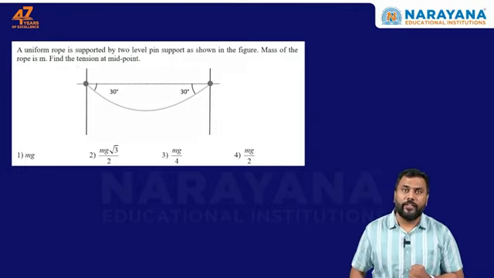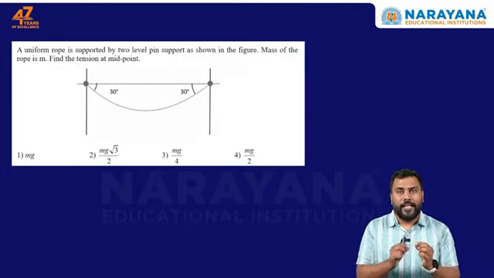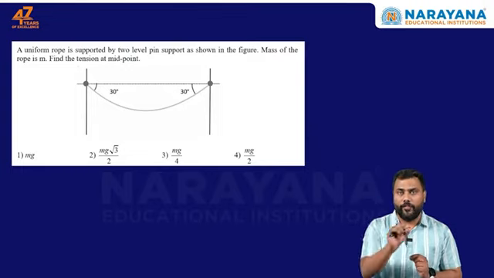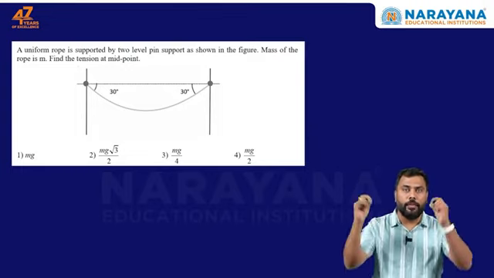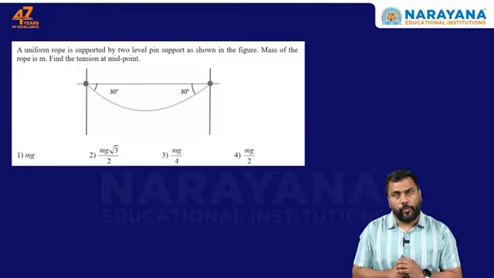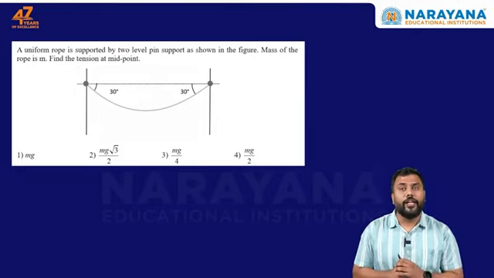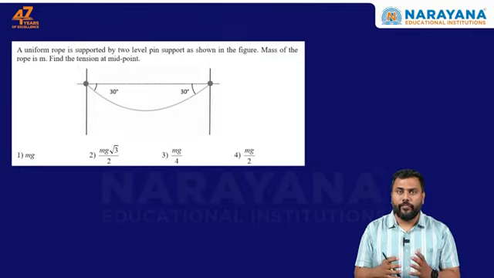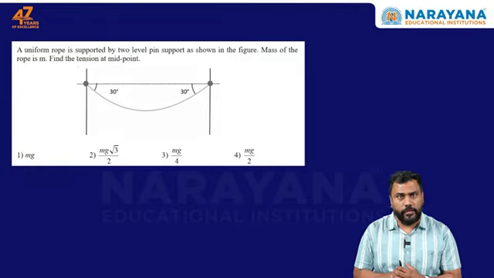So the first question that we have with us is an NLM based question. Here we are given a rope which is hanging from two supports. The angle of the rope's tangent, which is making with horizontal, is also provided to us. It is equal to 30 degree. What the question is asking, they are asking us to find the tension in the rope at the midpoint. So you must have solved this kind of questions in your preparation also. So this is a very routine question in mechanics and